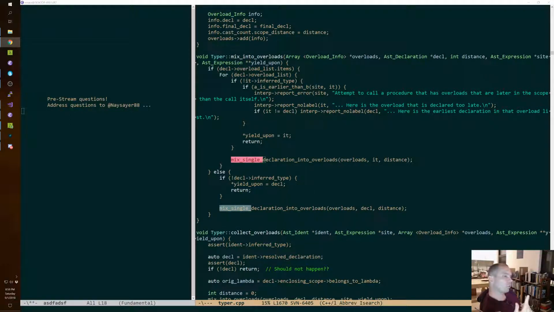Secondly, you could do the optimized version of that, which is like, okay, I know I'm putting these three things into the outer scope, but I'm going to append them to whatever's already there. In which case you have more code and it's more complicated, but maybe it's fast, right? And the third thing you could do is have more of a hierarchical structure where we might make a new overload list up there, but each thing in the overload list could be a declaration with its own overload list, right? And then if you're going to resolve an identifier, you have to go down all those lists.